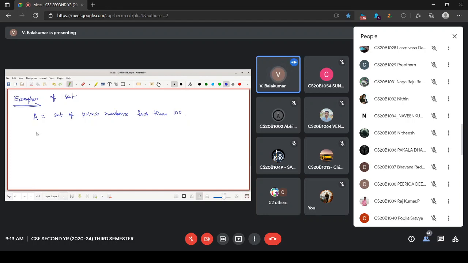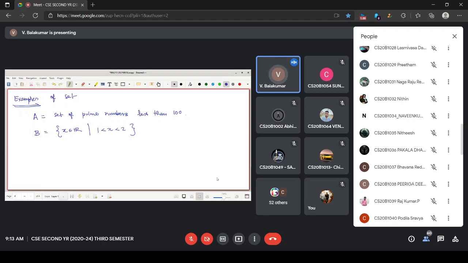Another set, let me give you. I am collecting all real numbers x such that, let me say, 1 less than x less than 2. Somebody tell me how many numbers are there in between 1 and 2. Real numbers I mentioned.